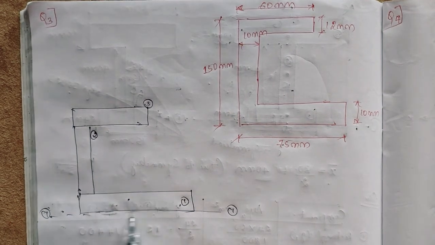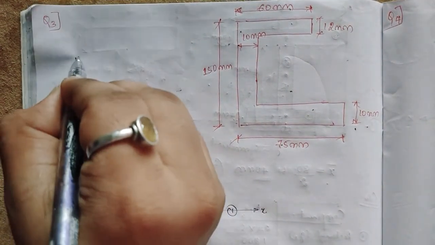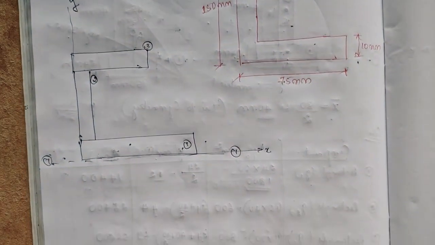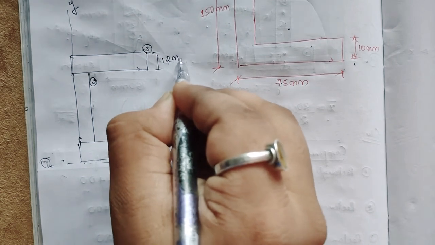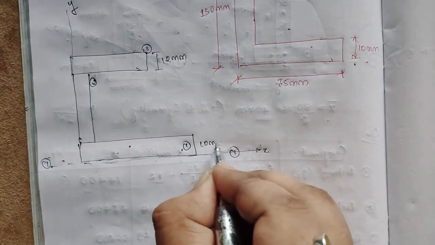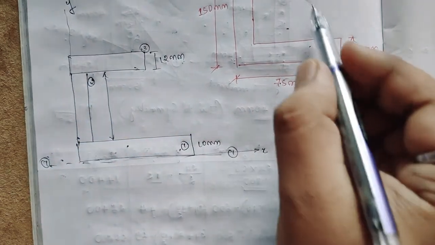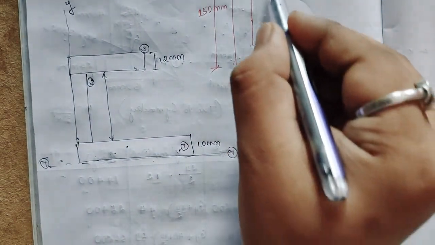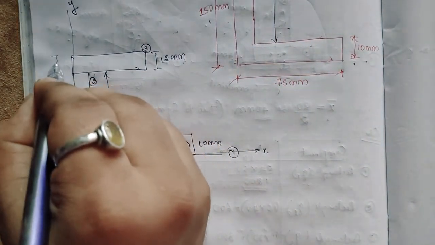In the reference axis only I will take the axis X and another axis as Y. Okay, and the depth is 12 mm, this is 10 mm. So this distance they have not given, but they given this distance, that is 150 mm,